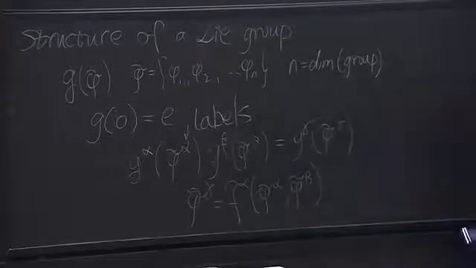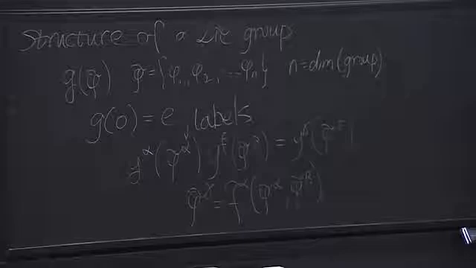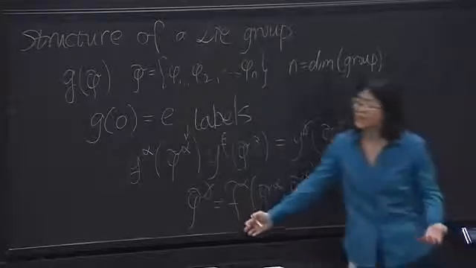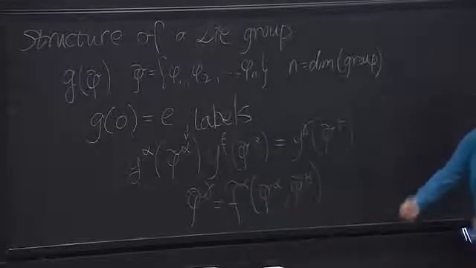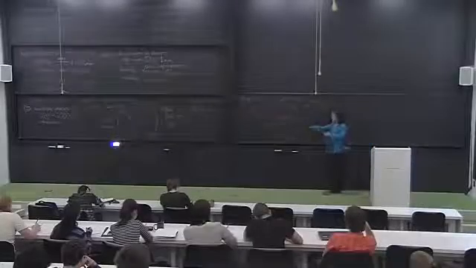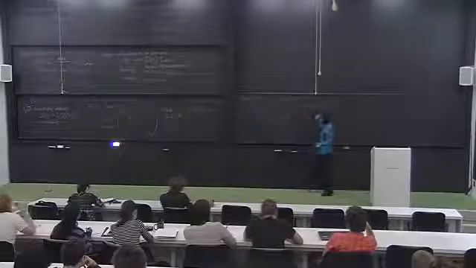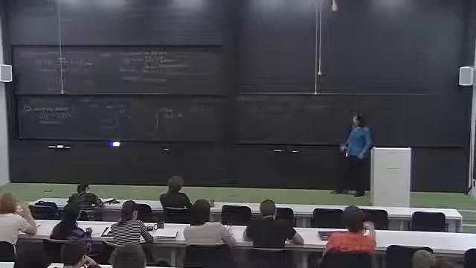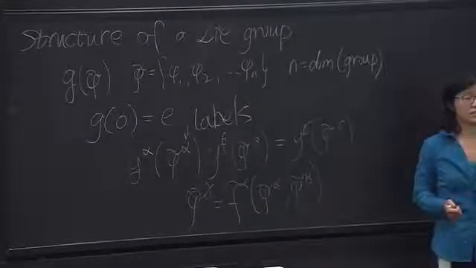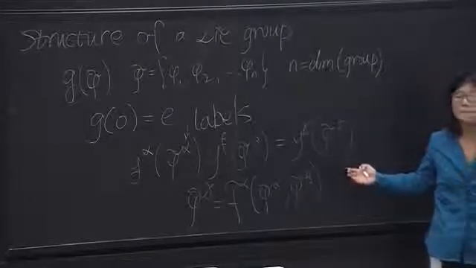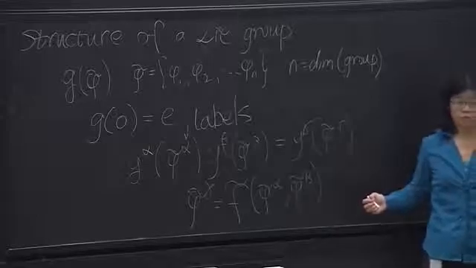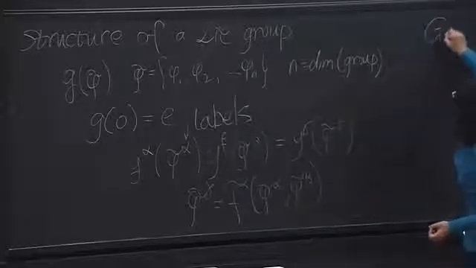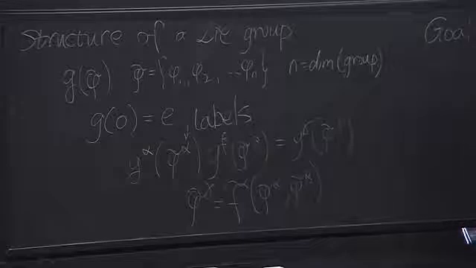So if you give me two sets of real parameters, I should be able to find a function mapping these two sets of real parameters into a third set of real parameters such that they satisfy the group multiplication. So this is what we mean by the structure of a group. So really, our goal, our noble goal today,